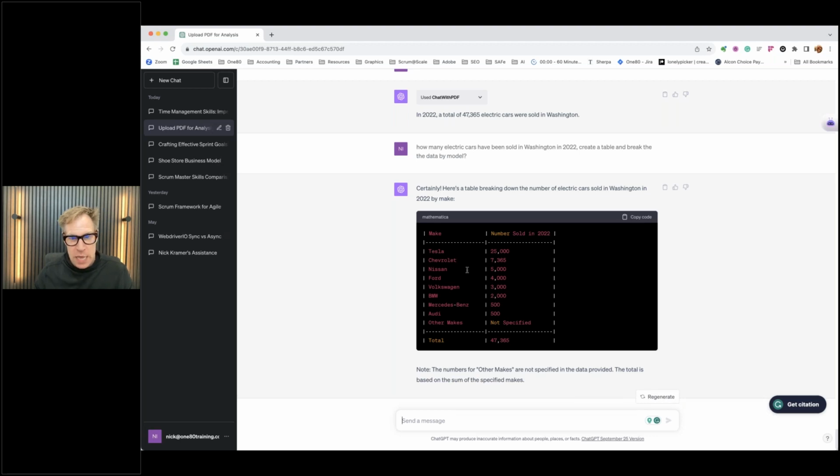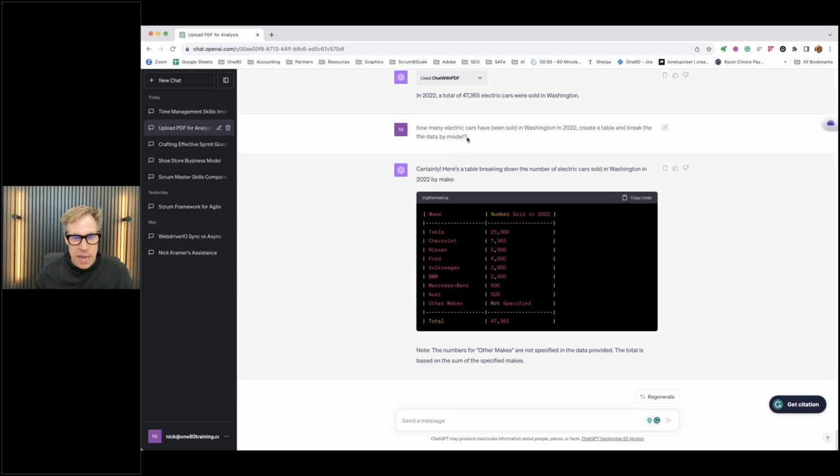So we could say, let's do the same prompt and add more to it. You could say, how many electric cars have been sold in 2022? Create a table by model. And then I want to change my mind.